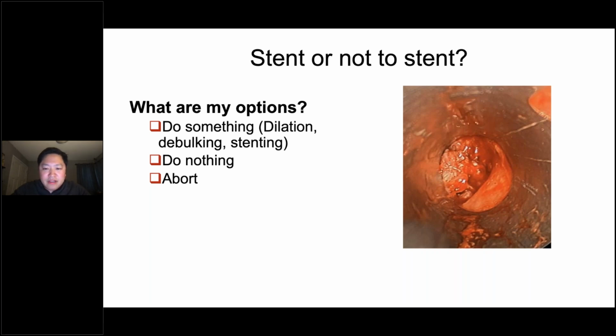If things are getting hairy and it's not going the way you want, or you don't have the people that you need, the equipment that you need, you can always abort. I tell fellows this all the time. You can abort and revisit the procedure if you think the procedure is still warranted. Bring another colleague with you, or have your main anesthesiologist or surgical tech with you. These are not things to be shy about. There's times where I wish I would have aborted cases. So these are kind of learning things that you see throughout your experience when you see patients with central airway obstruction.